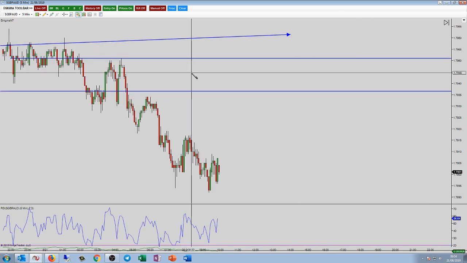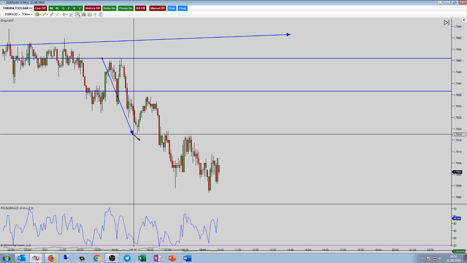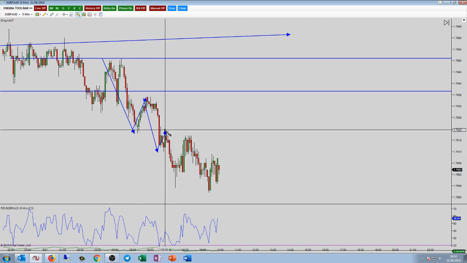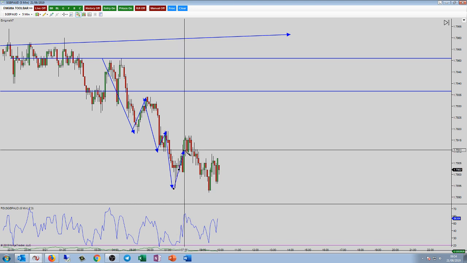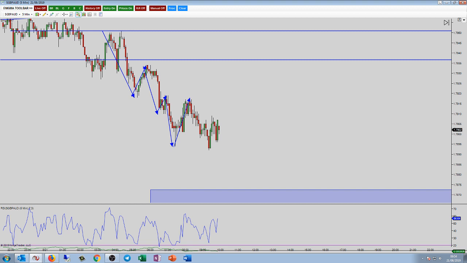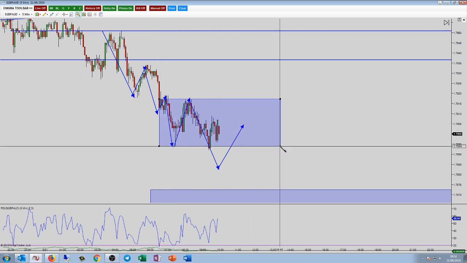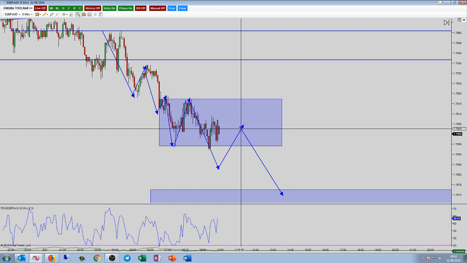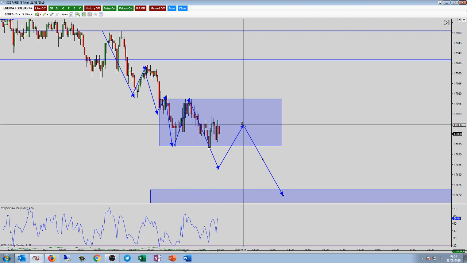In terms of the trend, we had a new low, a pullback, a new low, a pullback, a new low, a pullback, and you're now going to have to wait for a new low, then a pullback. This is your entire outside return. Look at getting short, maybe on a second chance entry.